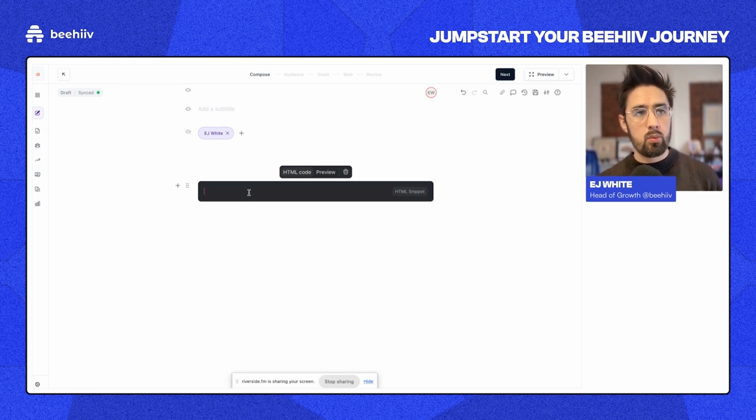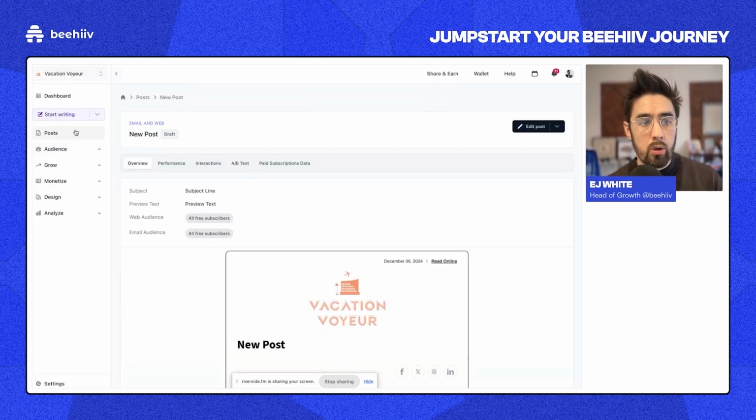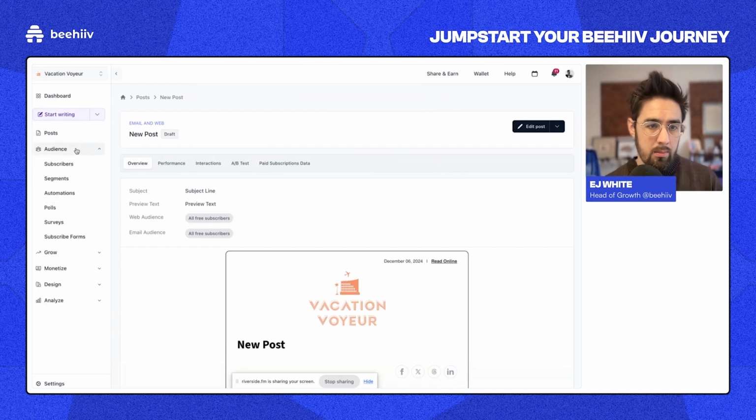But on the website it would work. And that's not a Beehive limitation. That's just a limitation of email as a medium. So hopefully that answers the question. We are coming down a little bit short on time, so I'm going to run through some of these other features a little bit quickly, but here we get to